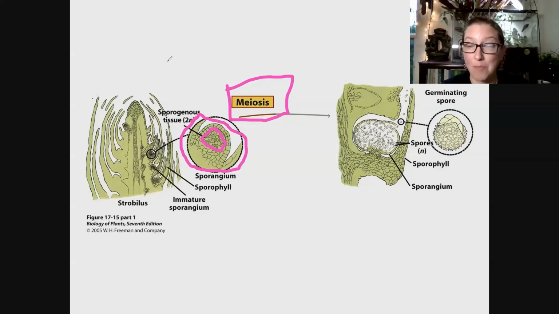And because we are talking about plants, I don't know if you guys can see it that well, but you'll be able to access these slides. Anyways,